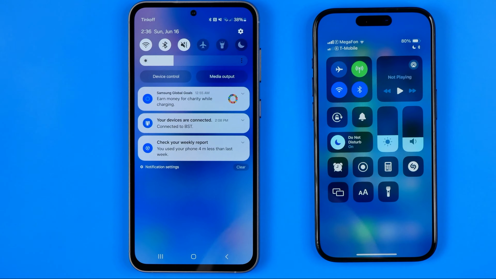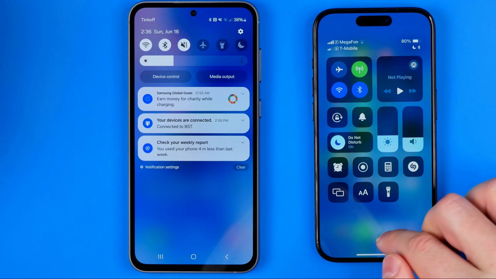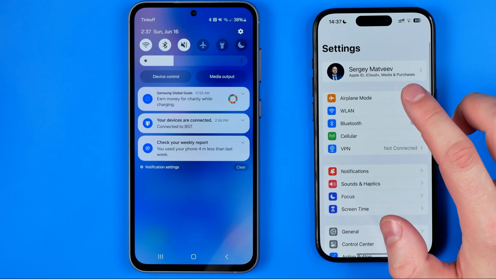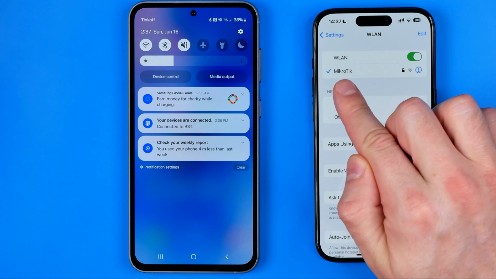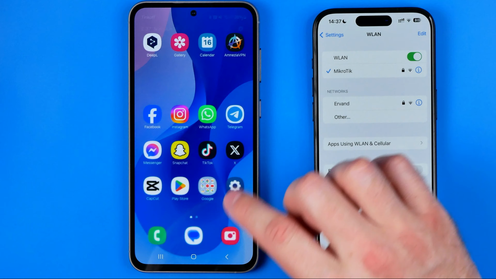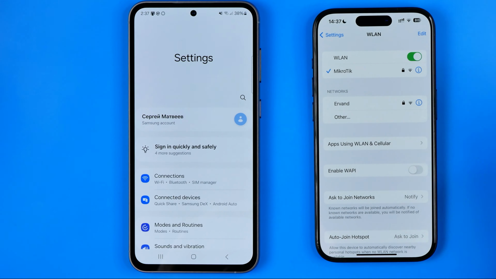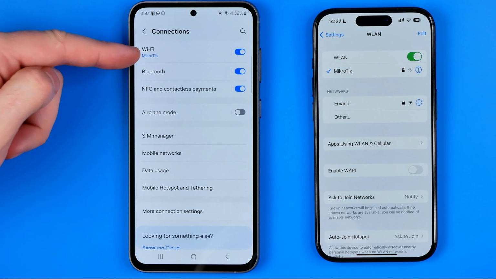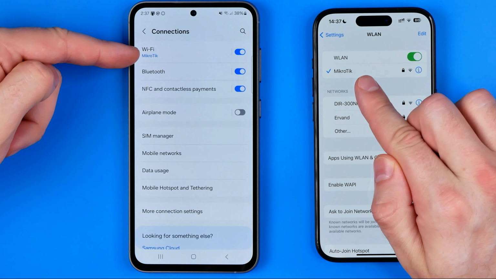your Android device are connected to the same Wi-Fi network. To ensure that, we need to head over to settings, go to WLAN on an iPhone. Here we can see the name of my Wi-Fi connection. And the same thing we can do on our Android phone. If we go to connections, we can see that now both of the devices are connected to the same Wi-Fi